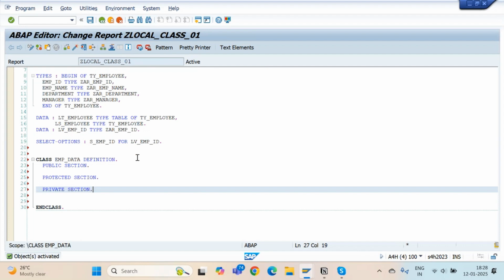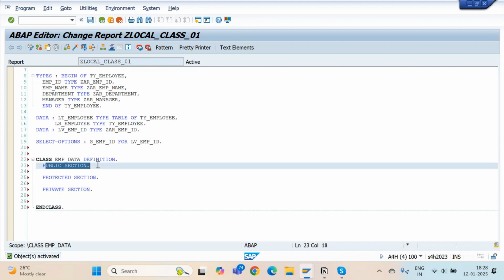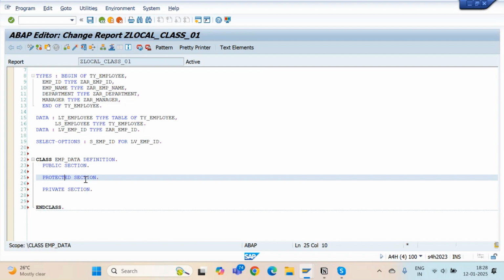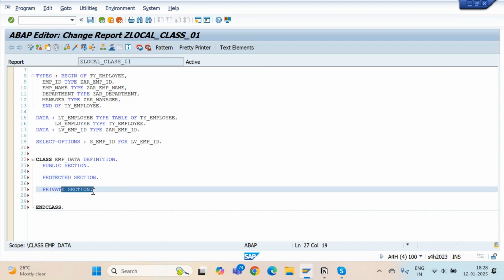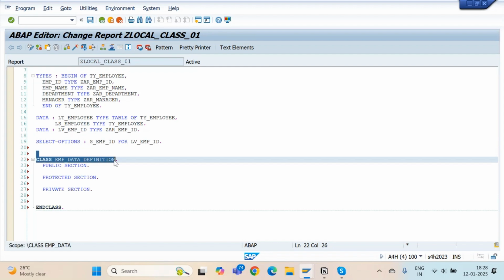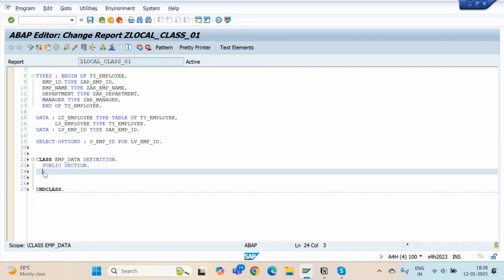Something which is public can be accessed in the child class, and it can be accessed in the other classes also. Something which is protected can be accessed only inside the child class and the same class. Something which is private can be accessed only within this class. Even child class doesn't have that property. So public section,